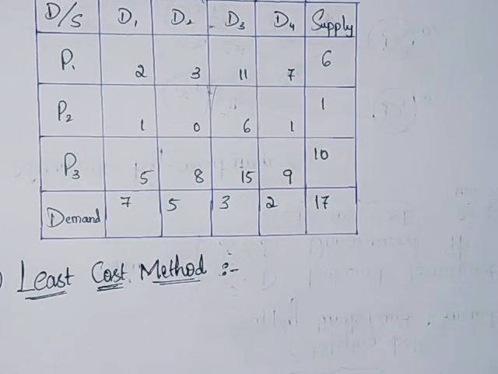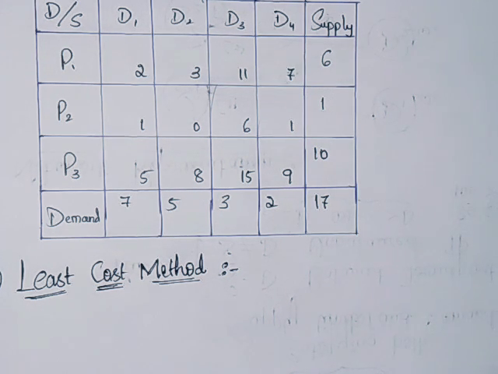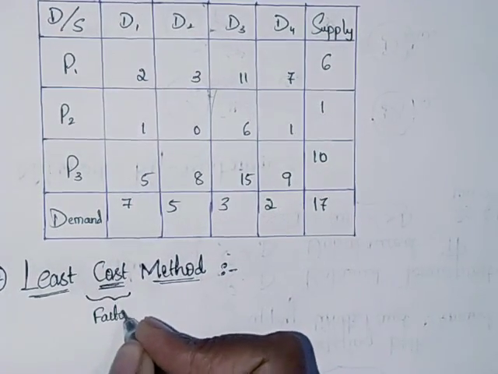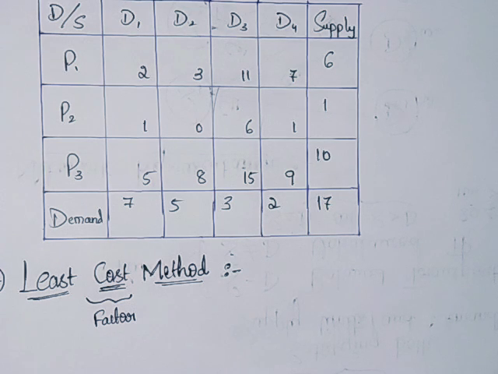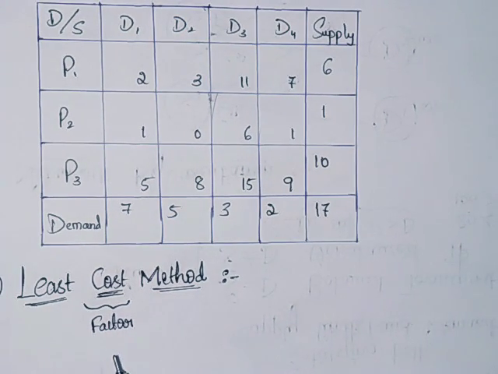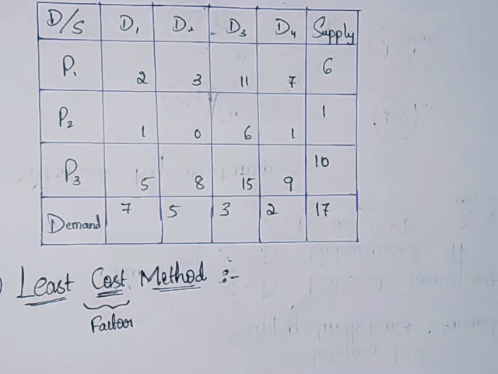This least cost method is the most popular method of allocating units under the transportation model, since it considers the cost factor. Whereas the northwest corner method considers only the direction. That means, as I told you yesterday, the first allocation starts from the northwest corner cell. So it gives importance to direction, whereas in the least cost method, importance is given to the cost factor. Under this method, the assignment starts from the cell which has the lowest cost.